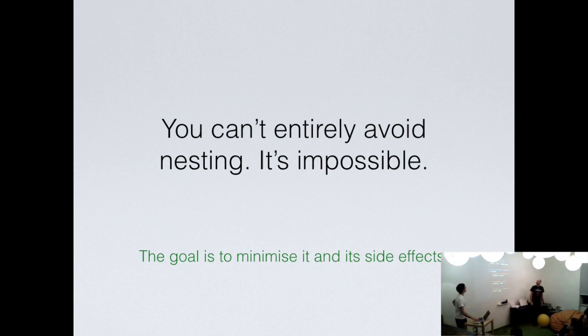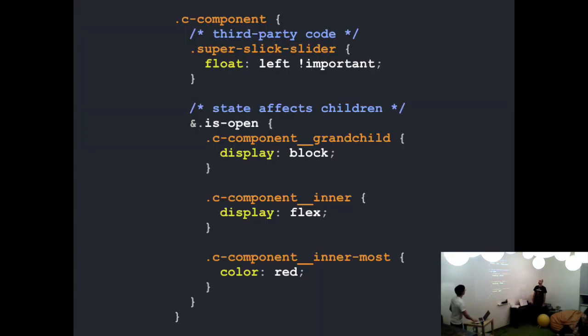So the examples here are that you can use nesting for overriding some vendor style sheets, like third-party code for a slider. So basically you have no choice. Also, sometimes it's convenient to just add an active class to a top-level component and have it affect a couple of children, but not all of them. So sometimes it's okay, but